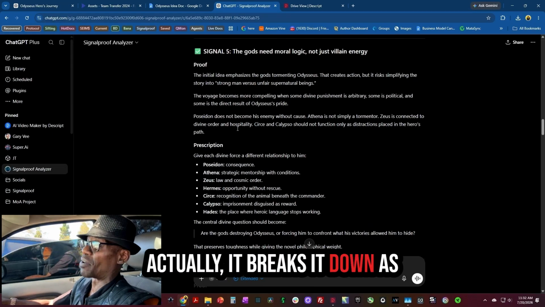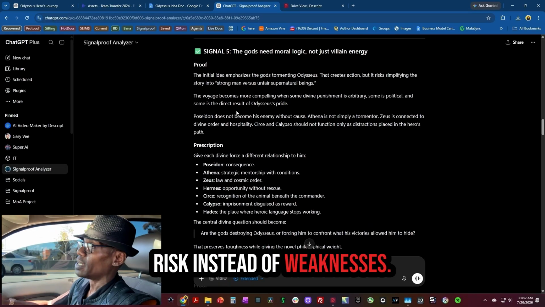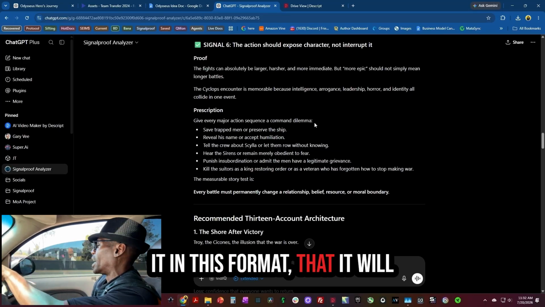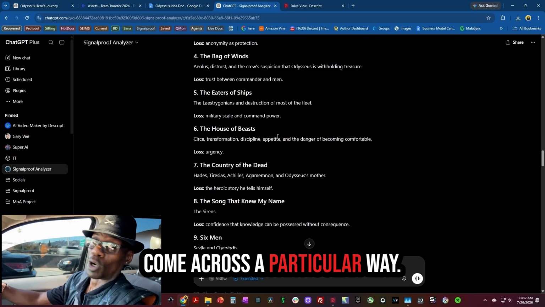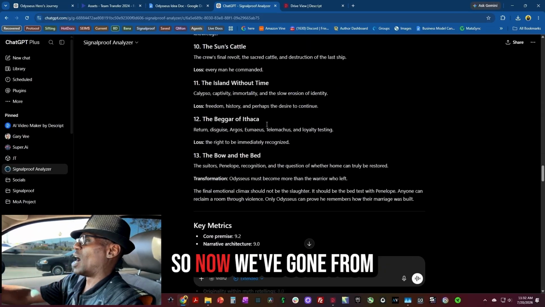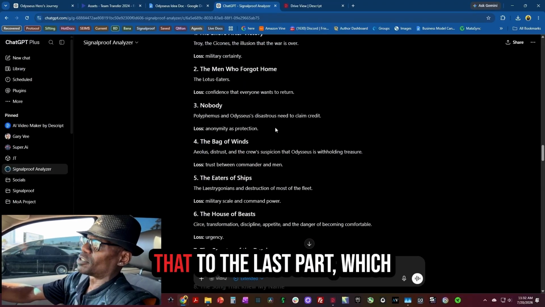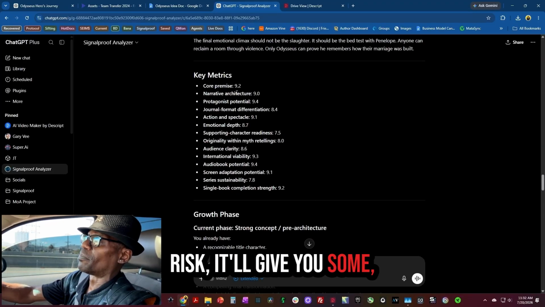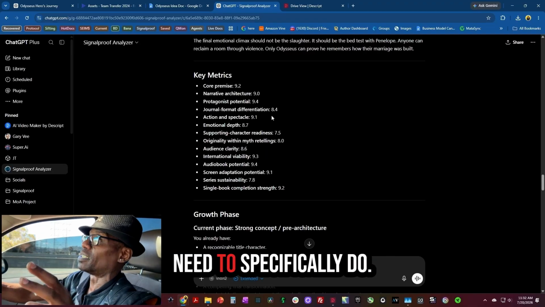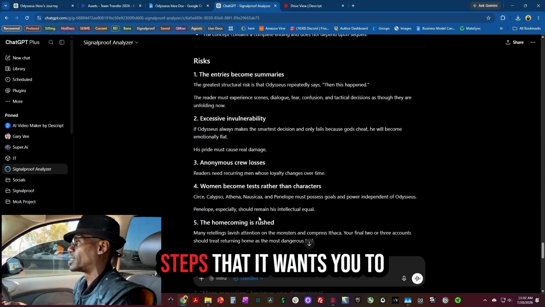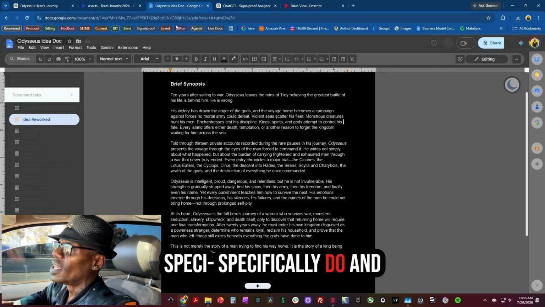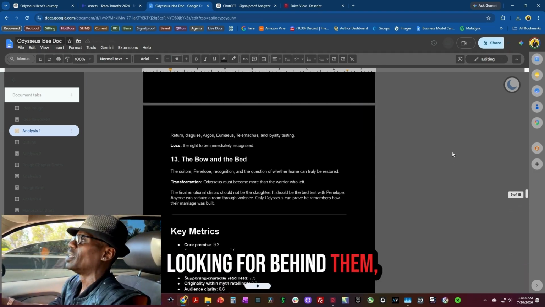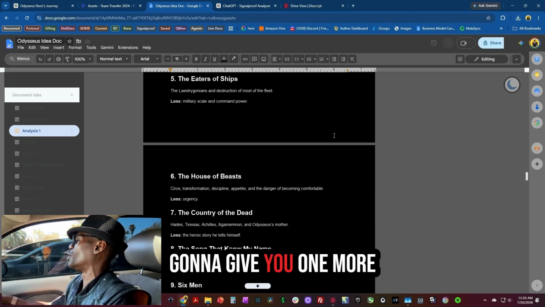Actually, it breaks it down as risk instead of weaknesses. I like it because it's a risk that if you keep it in this format, it will come across a particular way. So now we've gone to the last part, which is after it's giving you the risk, it'll give you about 3 steps that you need to specifically do. And after those 3 steps, it tells you the KPI you're looking for behind them,